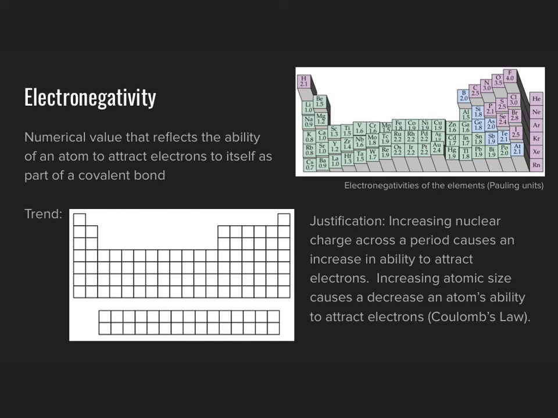So, having now taken care of a discussion of that new term electron affinity, we're going to go back to something which you learned about last year for our last periodic trend to discuss here today, which is electronegativity. If you recall from last year, we defined electronegativity as the numerical value that reflects the ability of an atom to attract electrons to itself as part of a covalent bond. Or we kind of gave you a way of thinking about it as more or less a reflection of electron